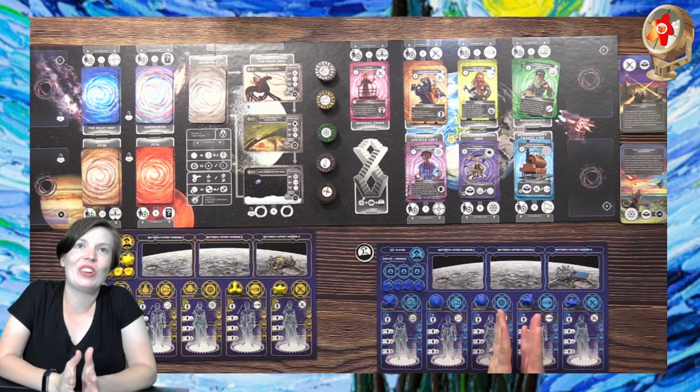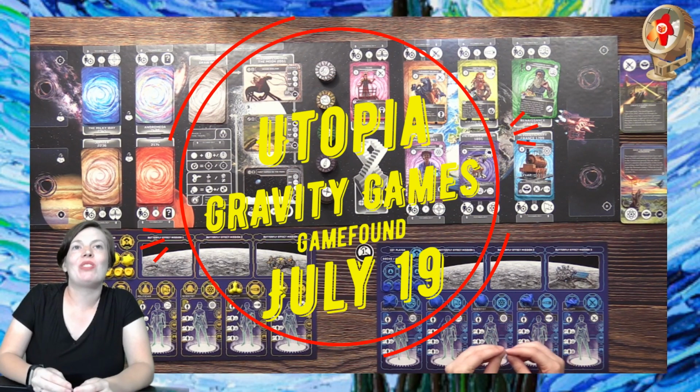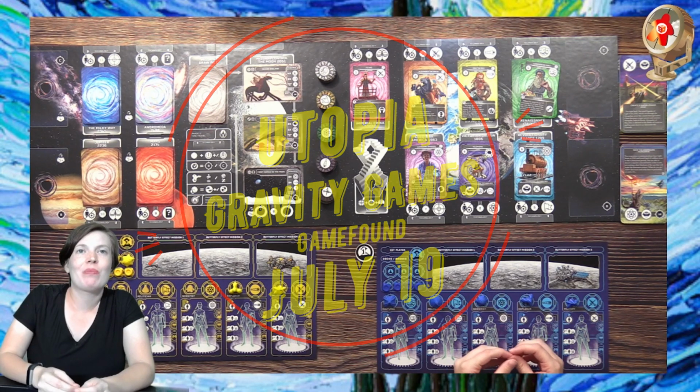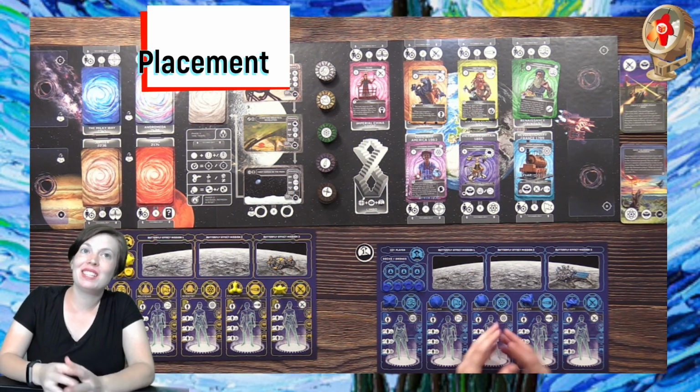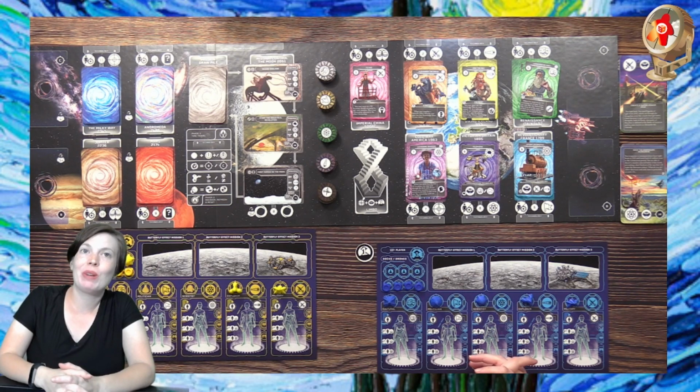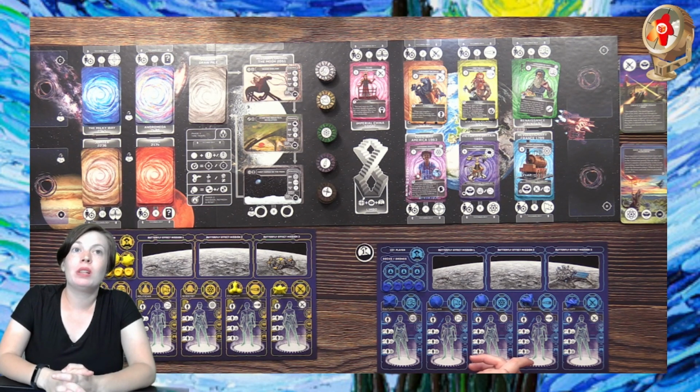Today we're going to be taking a look at Utopia, which is coming to GameFound July 19th from Gravity Games. This 1 to 4 player worker placement game pits Time Lords against each other as they try to complete 3 butterfly effect missions to bring about their perfect utopia. Travel to iconic moments in history and the future and complete these butterfly effects using knowledge and just a bit